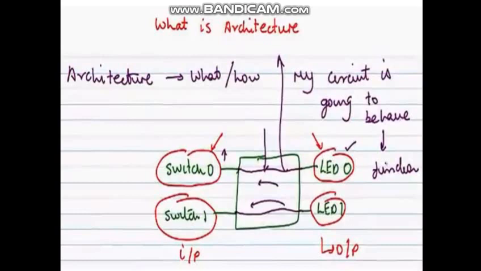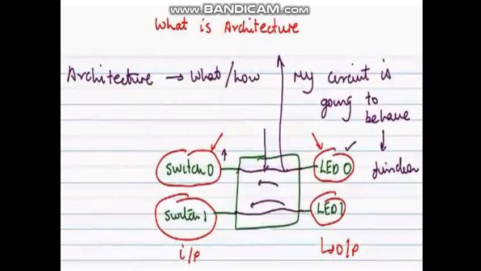As you know, whenever you are trying to write a behavior program, the complete program structure will be divided in three parts. The first one is the library, the second one is the entity, and the third one is the architecture. You completed the library and entity. Now you have to see the architecture.